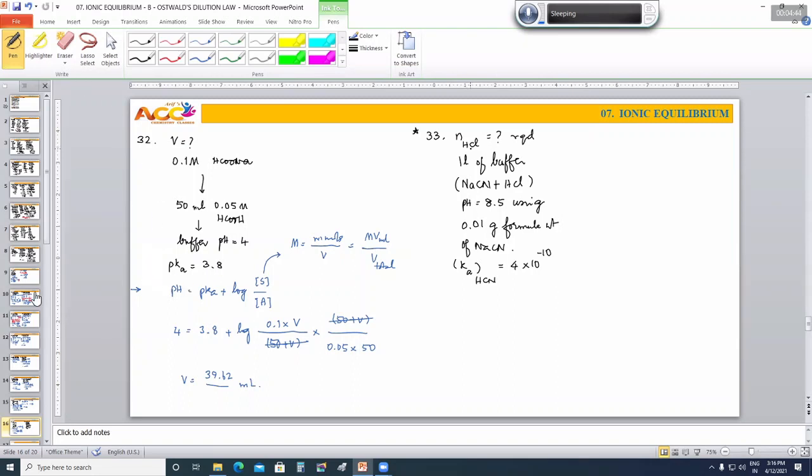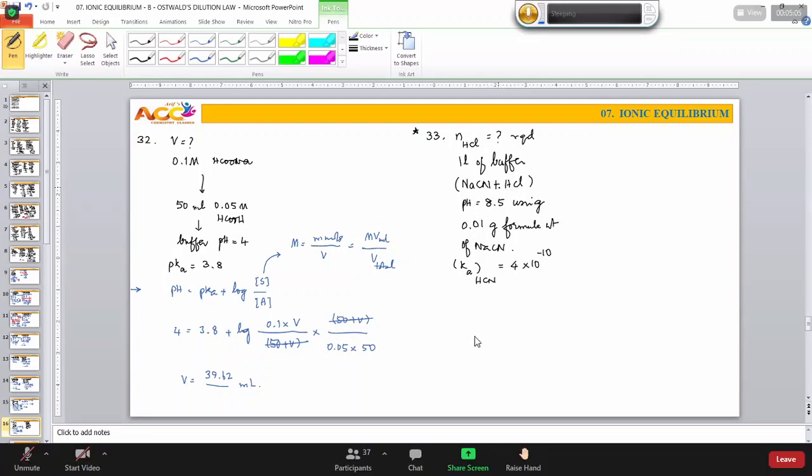Our mind will study the problem like this. It cannot be buffer because HCl is available. Okay. Then 1 liter of buffer. He is saying buffer. Let us forcefully accept it. Sodium cyanide and HCl, no buffer because there is no weak acid. First of all, of course, it is salt of weak acid and strong base, but there is no HCN. Hydrogen cyanide should be available here to prepare a buffer. But see here, there is a hint. HCN is given. Ka for HCN means somehow we have to get in the reaction mixture HCN.